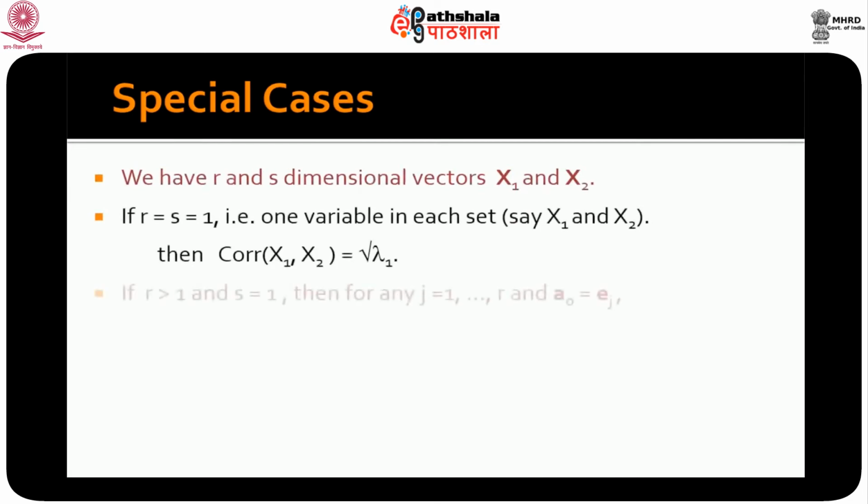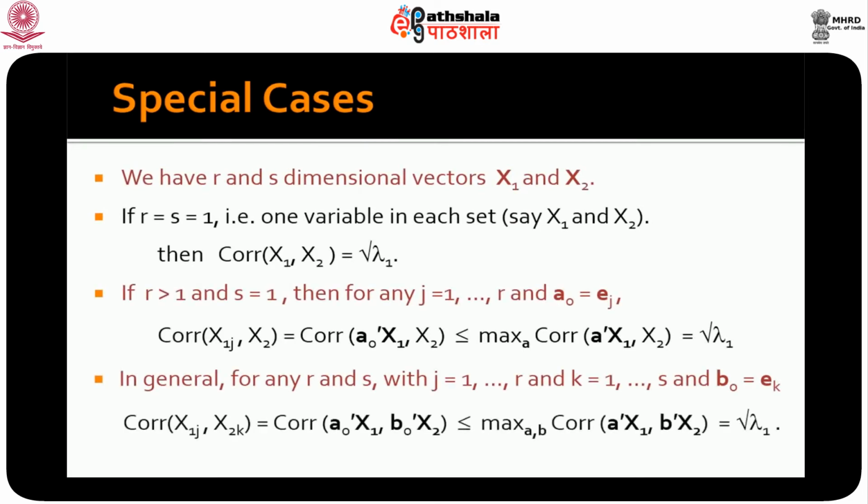One other relationship that we need to look at, as we mentioned at the very onset, is that the canonical correlation looks like a general case of the type of correlations that we study in early statistics, like the simple correlation or the multiple correlation. So can we get these correlations as special cases of canonical correlation? To look at that, consider first the canonical correlation between two variables.